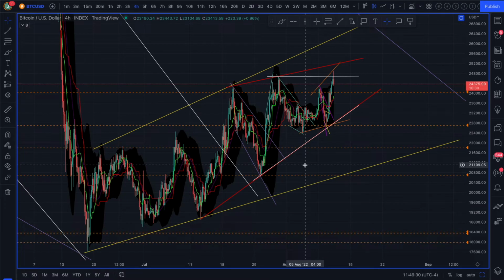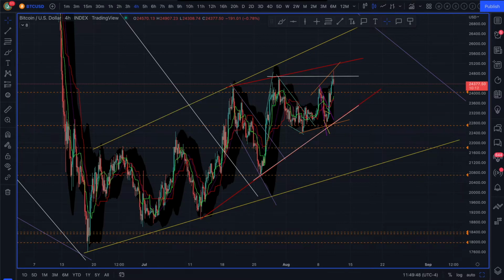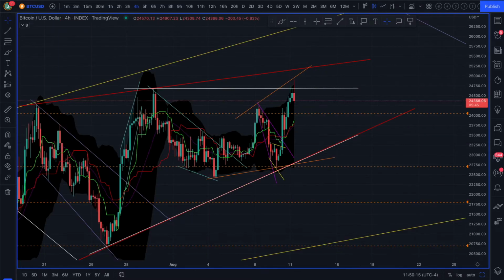So this is the same yellow wedge, but this time on the 4 hour. So we also have this red upward narrowing wedge in here, which is another bearish signal because it's supposed to break down out of there. It's supposed to break down out of the yellow. But we do have, obviously, right now, all of this bullish momentum that's been taking off in here. And the question there is, why? So let's zoom in even further yet. So we came down this channel here with a hit, hit, hit, hit.